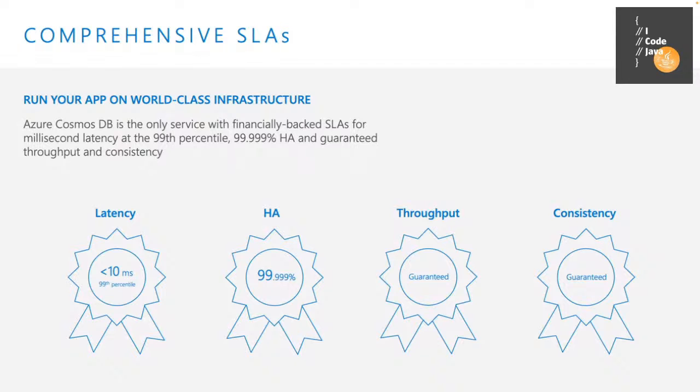So now to the little marketing slide. Microsoft would like you to know that they actually back up the performance of CosmosDB quite aggressively. You get a guarantee that 99% of your transactions will complete in 10 milliseconds or less. There is a financial guarantee to that. If they don't meet it, I think if it's 98%, they give you a quarter of your money back.